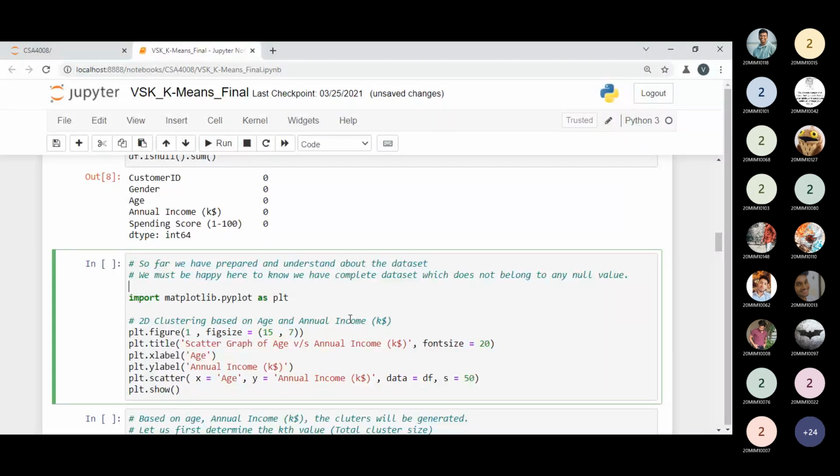So can anyone tell me which column I must take: age with respectively annual income or spending score? Can anyone tell me what values I must keep? Tell me, so I will keep only those values which are relevant. I'm just using the scatter graph between age and income. If you want to change something, you can change. Tell me what values or features I must use to represent or make the clusters. Just tell me.